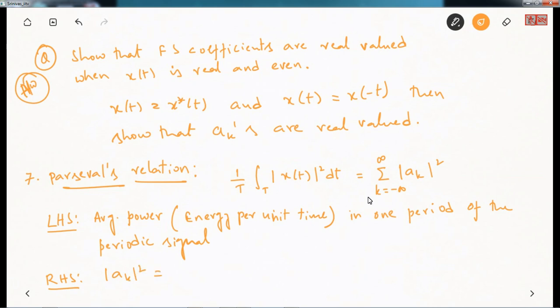So this mod ak square, I can write this as 1 over T integral over one period mod ak square dt. So this is equivalent to this, right? You can see this integral over t is 0 to T, so T by T gets cancelled and you get the same, and this again is nothing but